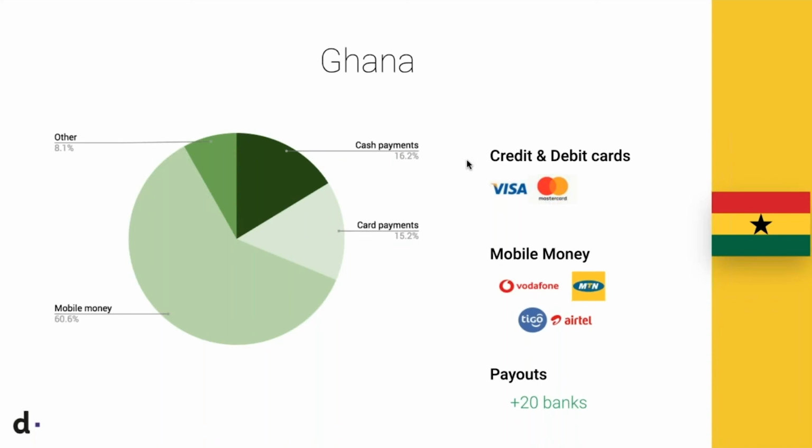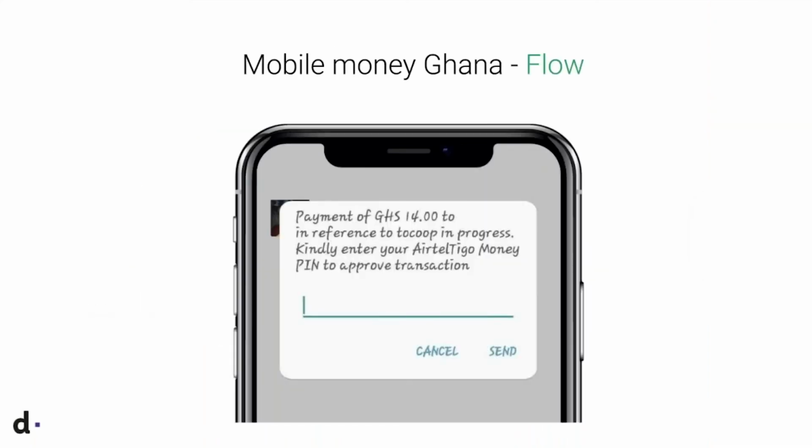And then in terms of mobile money options, you have about 4 providers: Vodafone, MTN, Tigo, and Airtel. All the major telco providers in Ghana pretty much offer mobile money services. There's also consistency to the flow of mobile money because coming from its inception in 2007, it's grown, it's been refined, and more features are being added to make it be at par with more internationally recognized payment systems.